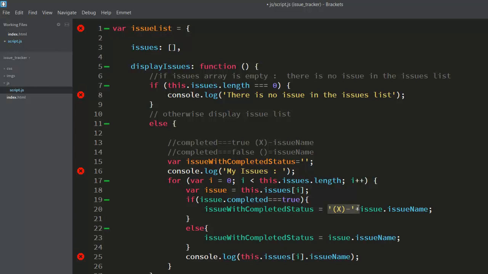Or you can do one thing, like we have this kind of output. Let me take this much of code from here, just concatenate here, and just remove this X sign from here. We do not want to keep this X sign over here. So this is how we want to create this particular thing. And then finally, whether it is going to be the completed status or incomplete, we will be displaying this thing rather than this.